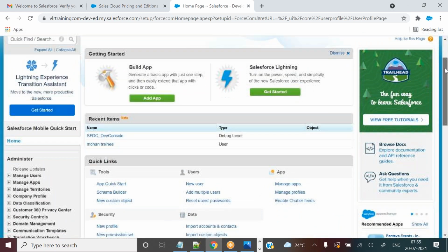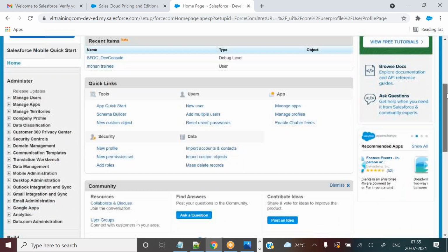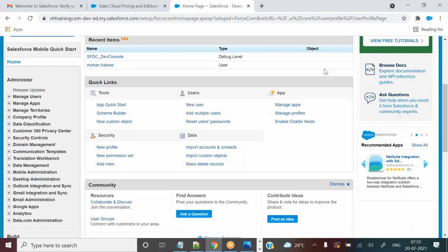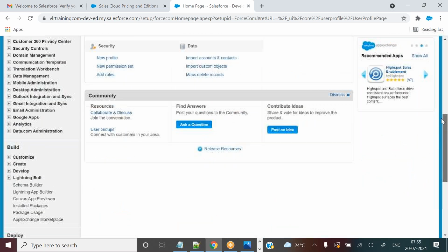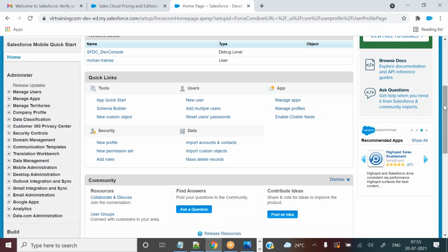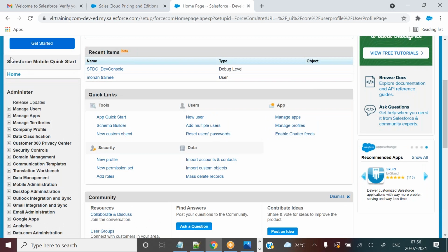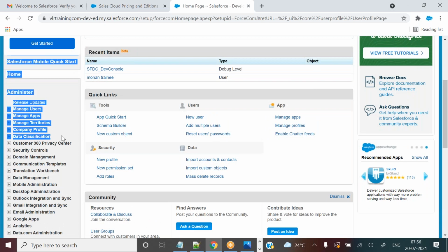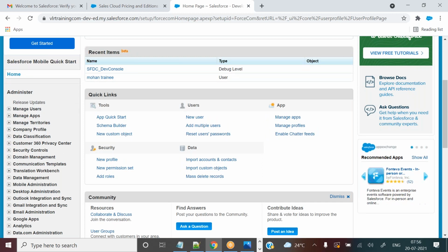Okay, and now see, a few people will definitely think, so many features are there, do I need to work on all these features? The question is, do I need to work on all these features for a single project? No, even you won't get a chance to work with all these features in one project. These features are provided based on all projects.